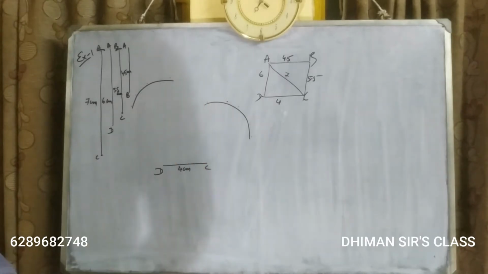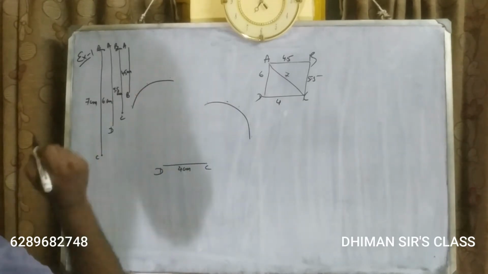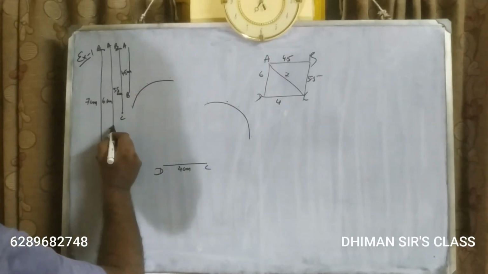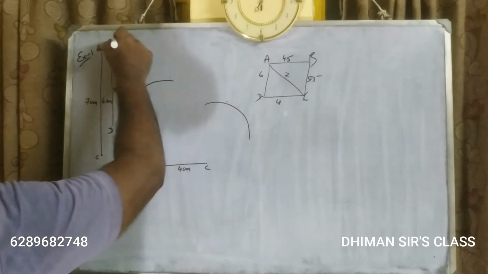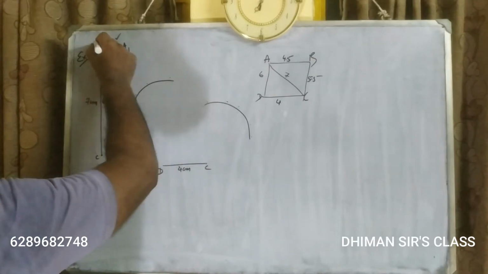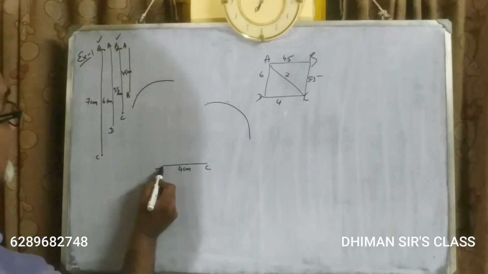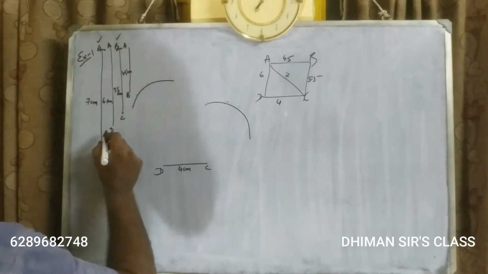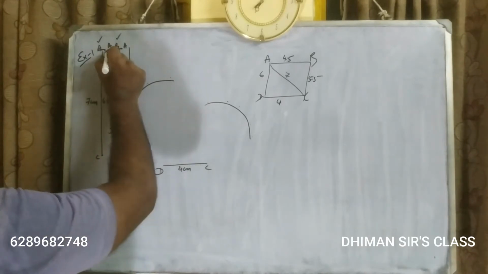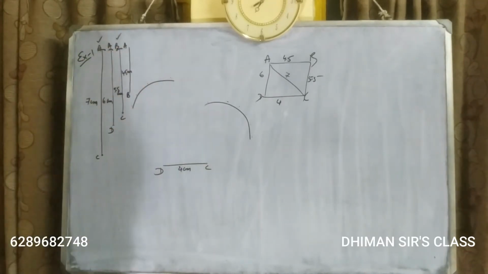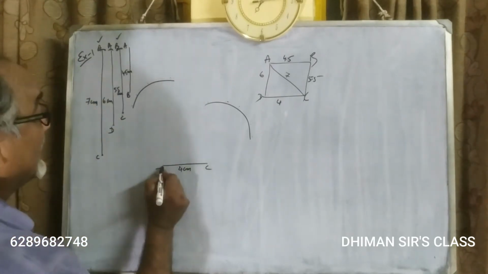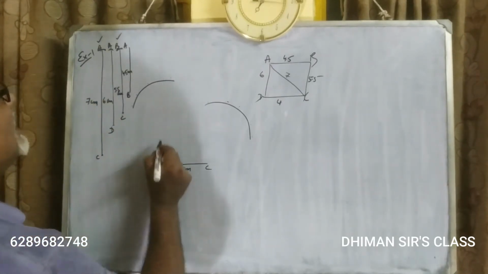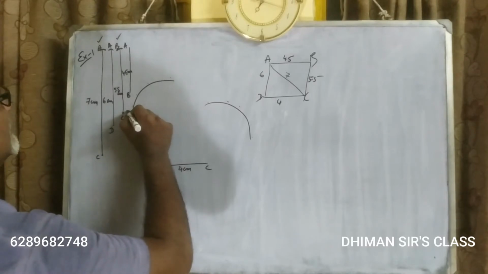C's matter is over. Now let us see D. Is there any D? Yes, AD. So we have finished BC and AC. Remains AD. Put the needle here. Draw an arc here in order to take this measurement, AD. Then put the needle on D and draw an arc like this.